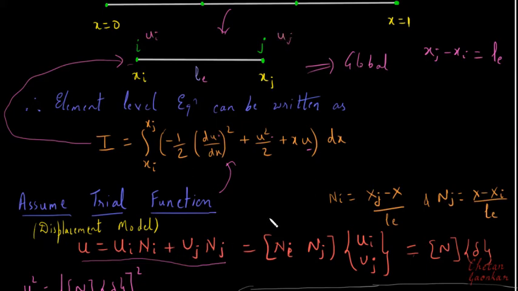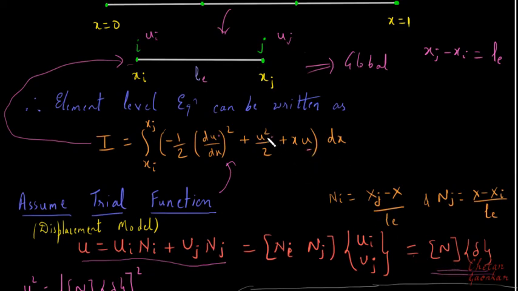And if I want to write this in matrix form, I can write it in this fashion, which we had seen last time in detail. Further, in compact form, I can write it where N stands for Ni Nj, and delta stands for ui uj. So in place of u, I will be writing the matrix N multiplied by the column vector ui uj, which is represented by delta. So this is what I'll be writing for u, but I want u square also, and du by dx also. This will be helpful to substitute here.